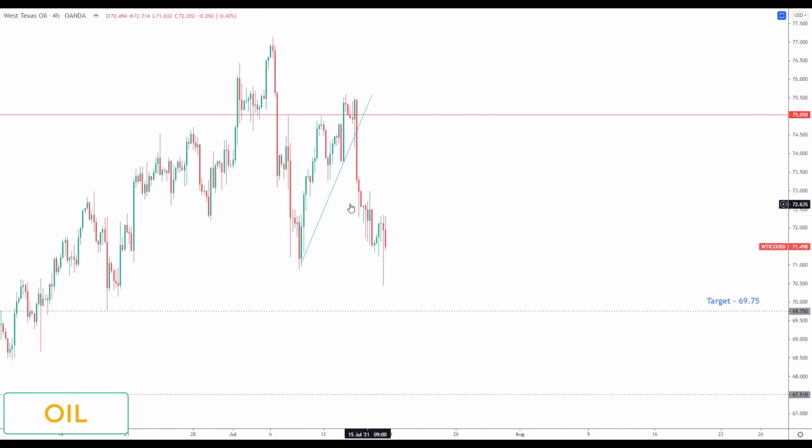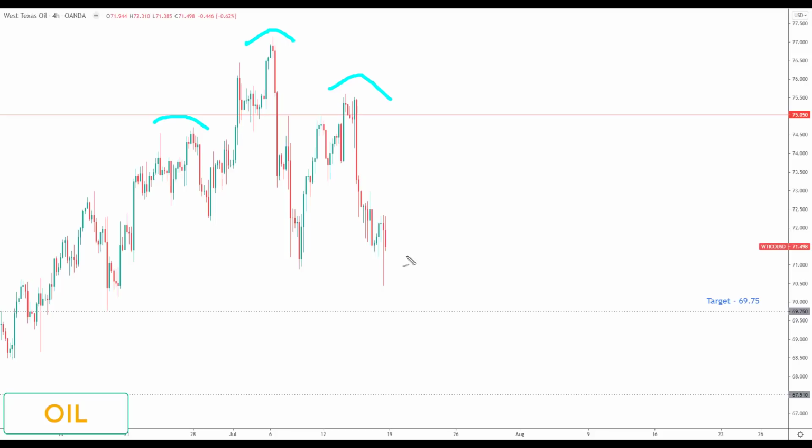Next is crude oil. Now last week I highlighted the fact that this pullback was an opportunity to start to look for bearish reversals, and we had a really nice trendline breakout here last week. Going into this week, I am still looking for further declines. We did in fact confirm a head and shoulders reversal in crude oil. So crude oil has now started a bear market after breaking this low.